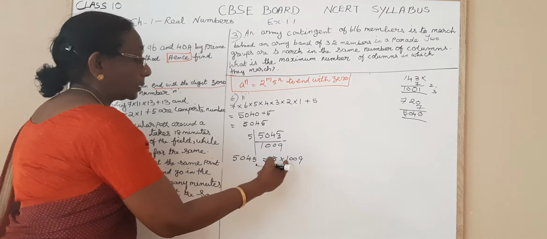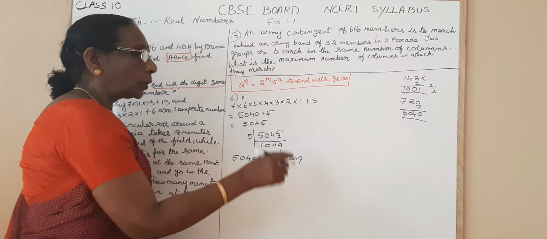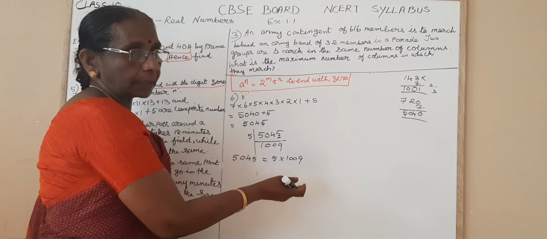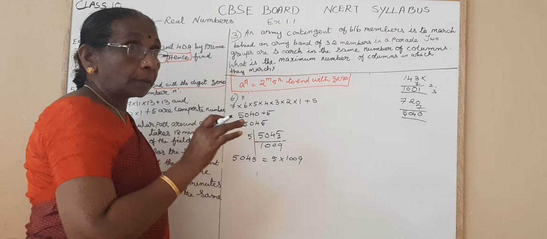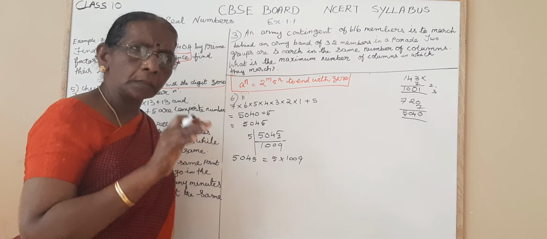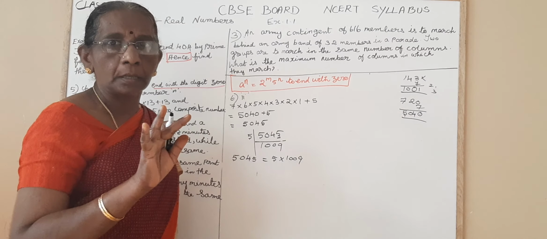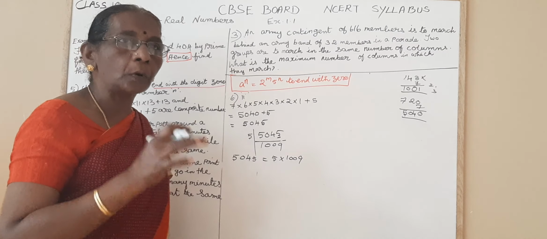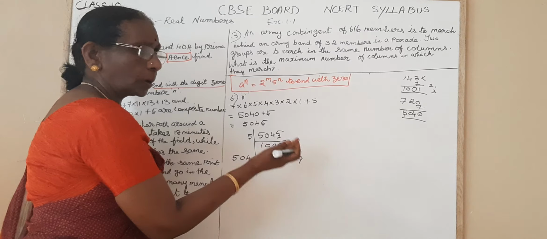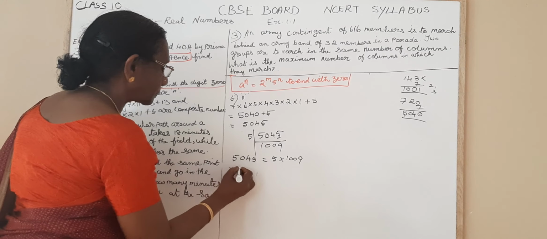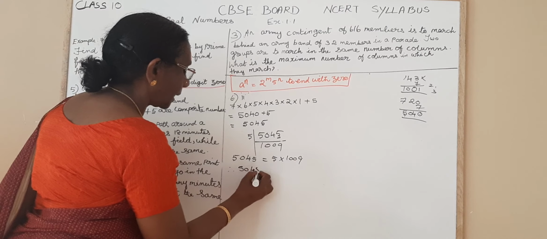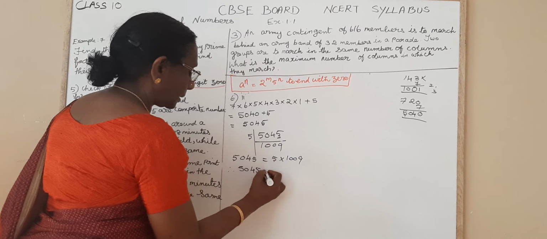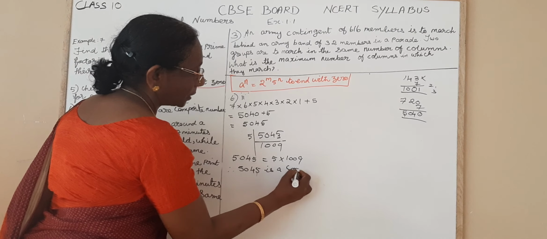Now this number also has more than 2 factors. You may ask me how. One is a factor of this number and the number is also a factor of this number. Prime number means what? Only 2 factors. What are they? The number and 1. That's all. They have no other factor other than 1 and the number itself. But here it has 2 more numbers as factors. Therefore, 5045, that means 7 into 6 into 5 into 4 into 3 into 2 into 1 plus 5, is a composite number.